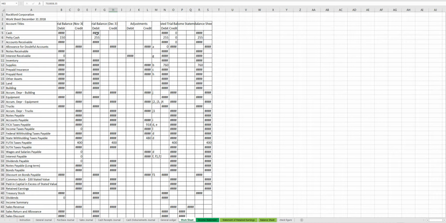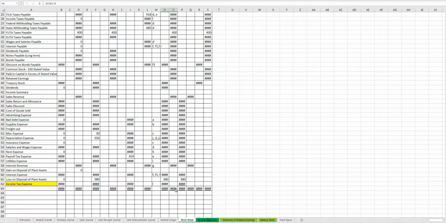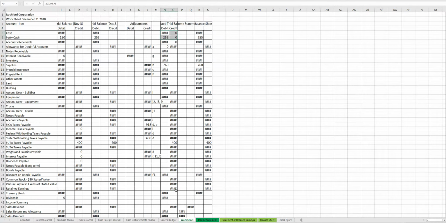Then we add the December 31st balance with the adjustment balance. We will have what is called the adjusted trial balance. Adjusted trial balance: total debits equal total credits. And from the adjusted trial balance, we can easily get the